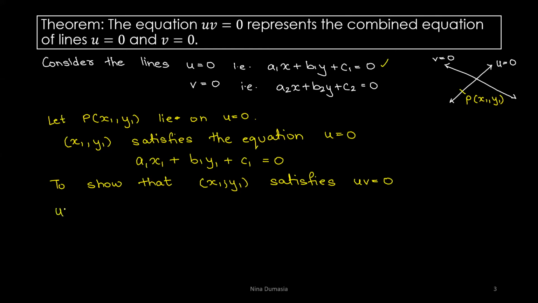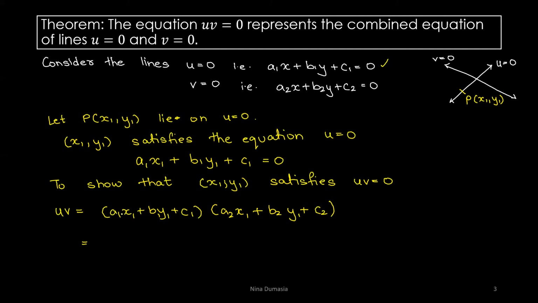So for that, you consider u into v. This is equal to (a1x + b1y + c1) into (a2x + b2y + c2). Okay, now what will we do? Wherever there is x and y, we will substitute x1, y1. So it just becomes, wherever there is x and y, I am just writing x1 and y1. Okay, so now what happens is, because x1, y1 satisfies u is equal to 0,